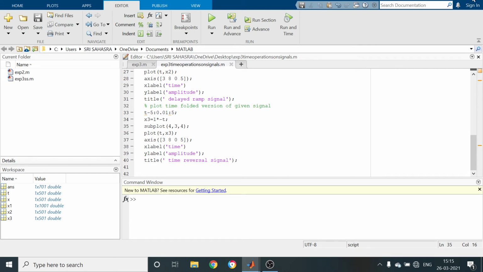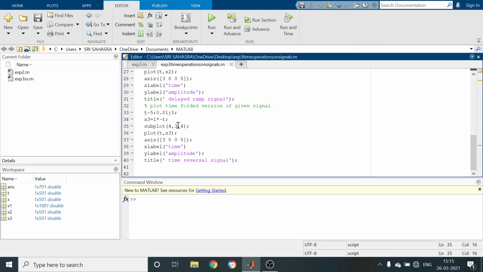So here there is a mistake. x3 is equal to 1 star minus t.